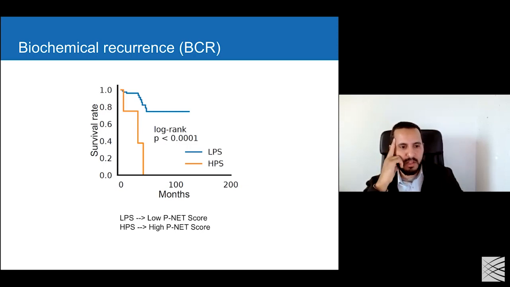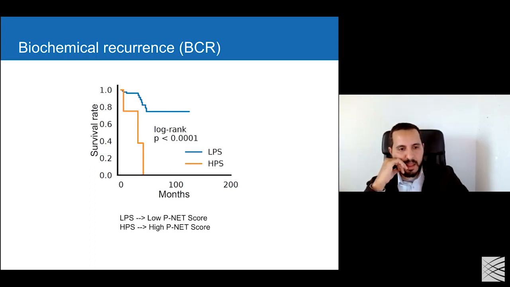For some of these patients, we had information about their biochemical recurrence, which means that the cancer will come back later in time. Probably this can be detected through elevated PSA levels in the patients. We found that patients who had a high PNET score, which means that the PNET itself is saying that these patients are metastatic patients even though they have primary cancer,